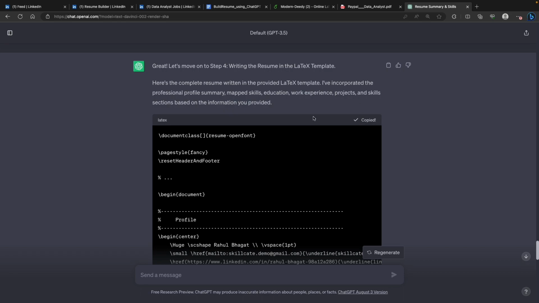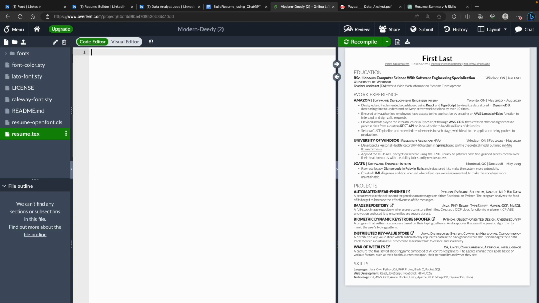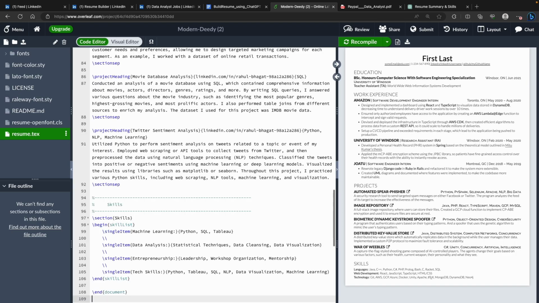Now I'll copy this particular text and go back to the template, basically Overleaf, and over here I'll remove this particular template. The template code is removed, and I'll paste the code which ChatGPT generated for us. I'll recompile,